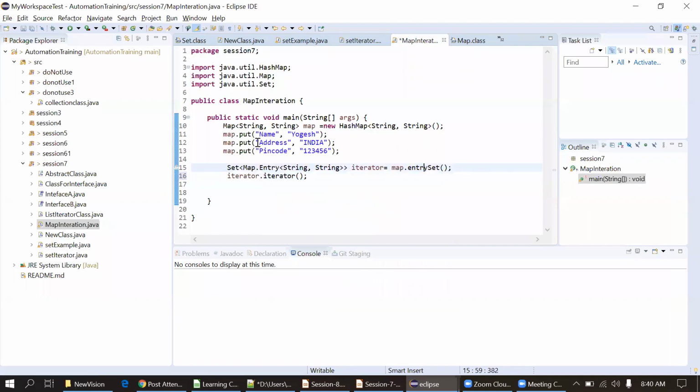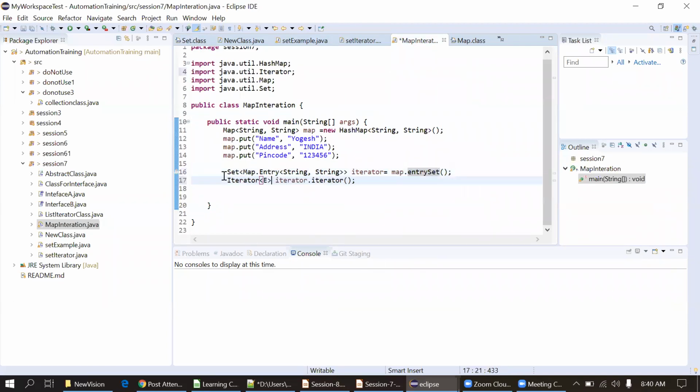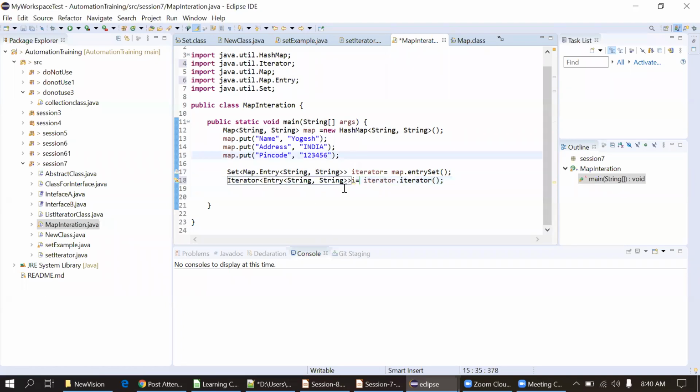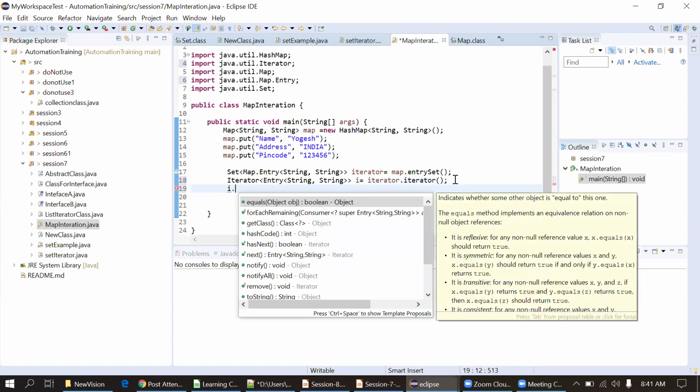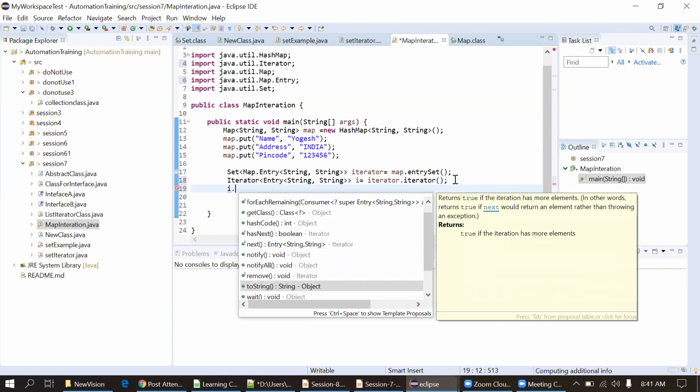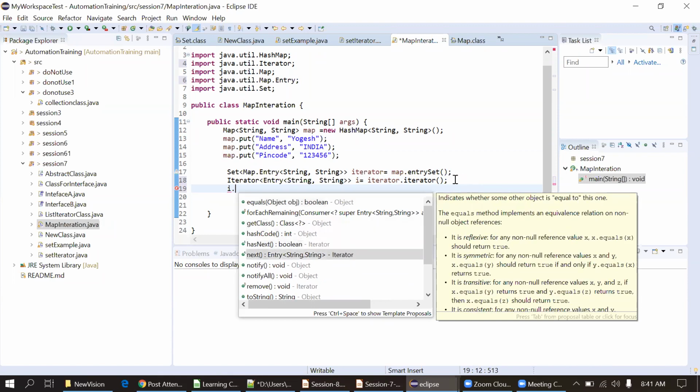You don't have to remember the code. It is asking me to change to this type. Yeah, fine. Okay. Then I should get the hasNext method. Okay, hasNext, and one more method is there, next. Yeah, it's below only.